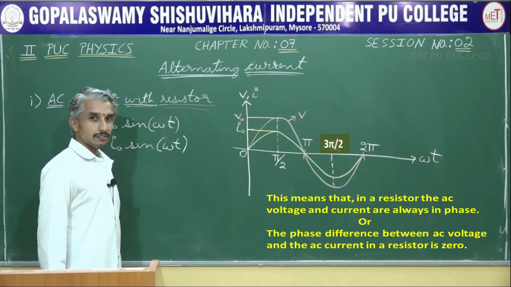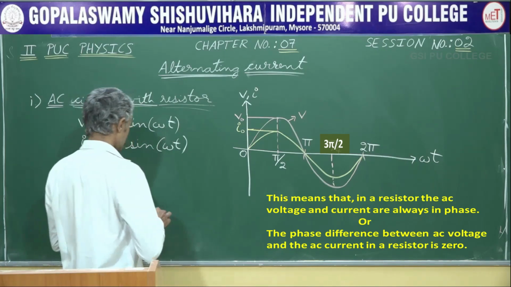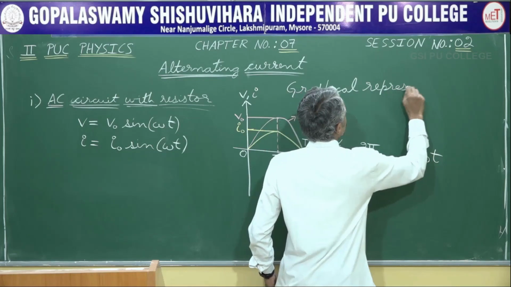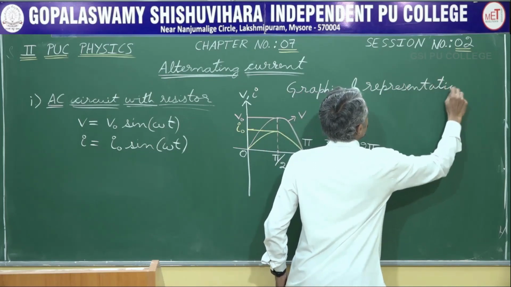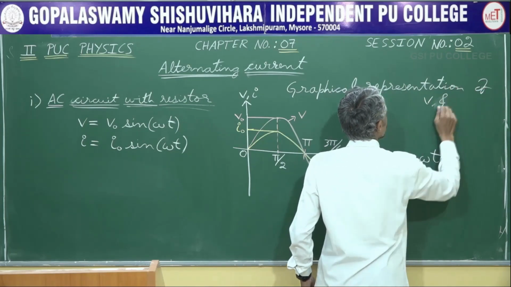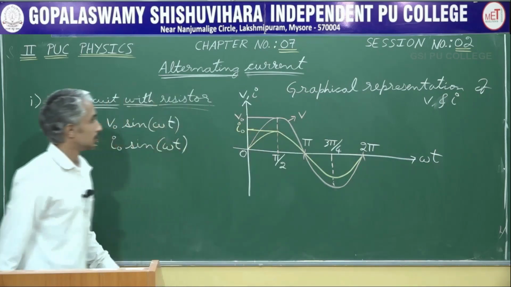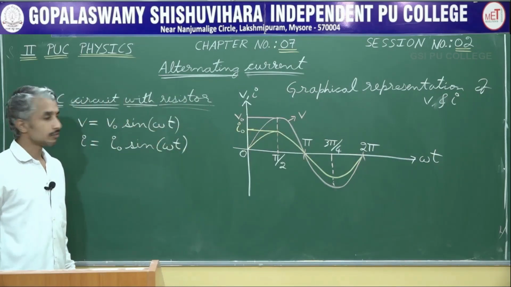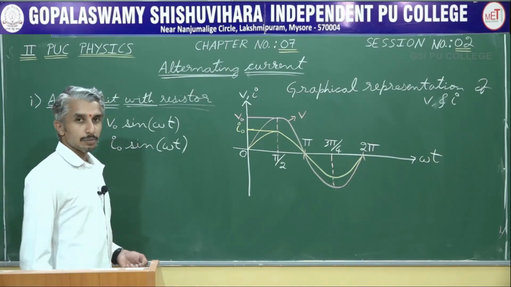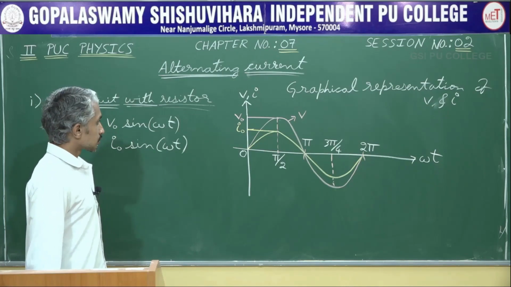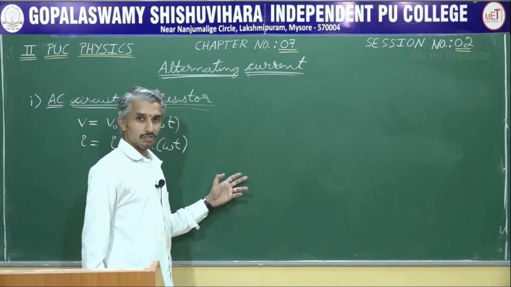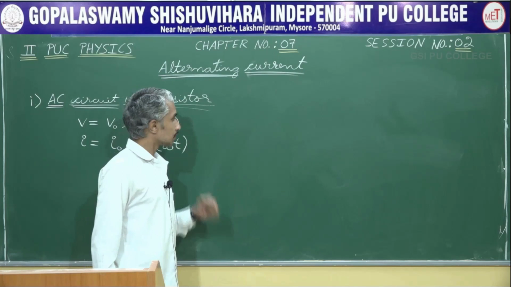We can also represent in a phasor diagram. So, let me label this as graphical representation of AC voltage and AC current. Instead of graphical representation, what about phasor representation? Before you note down phasor representation, let me introduce again vectors. Before I make a phasor representation, we will recall vectors which are studied in first PUC.